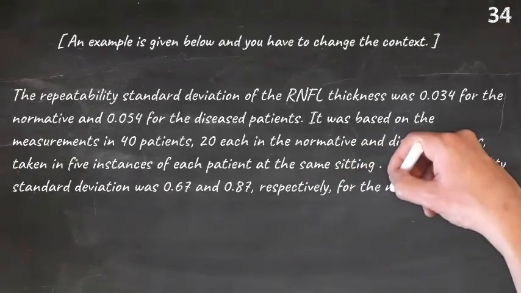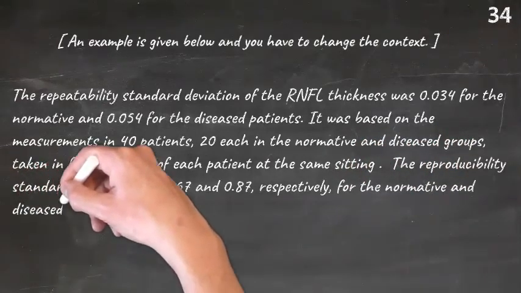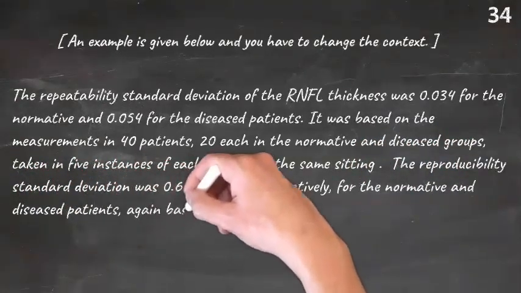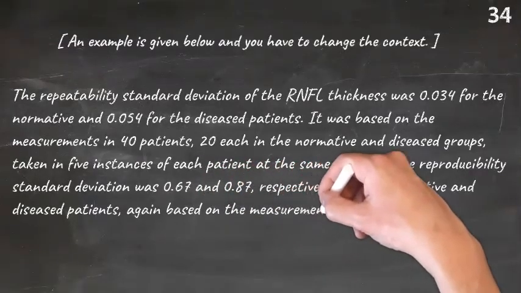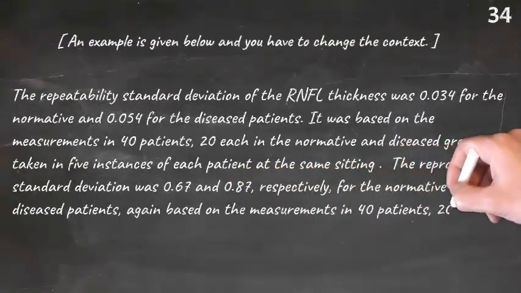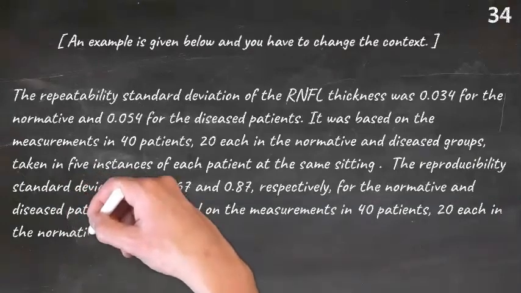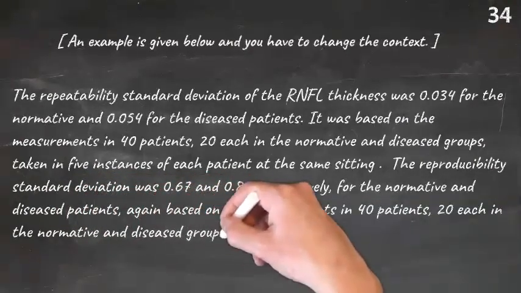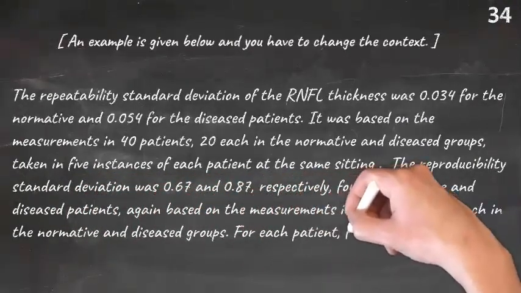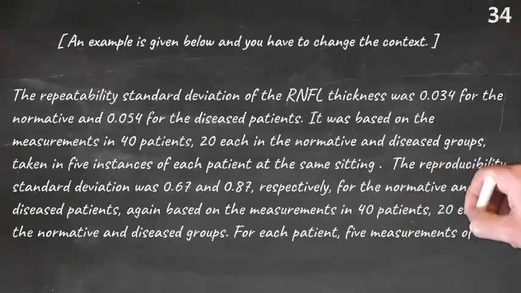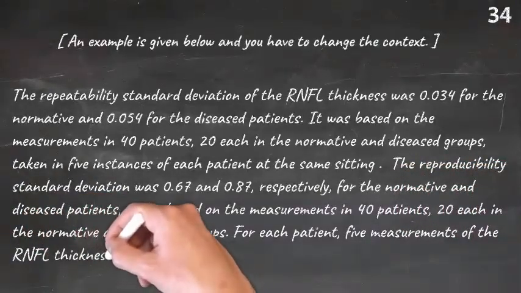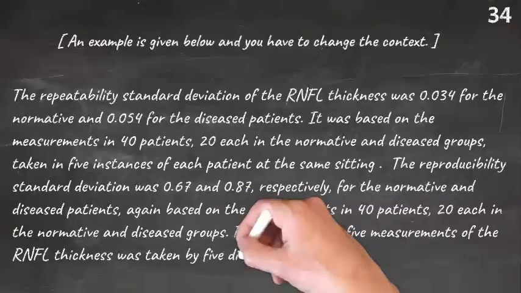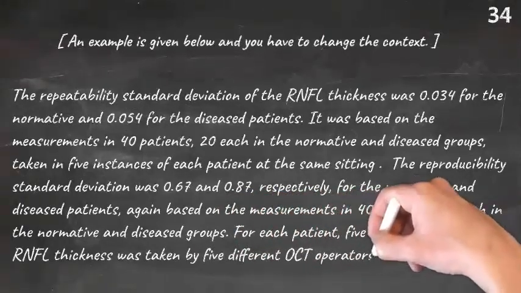Follow the same style for the reproducibility standard deviation. The reproducibility standard deviation was 0.67 and 0.87, respectively, for the normative and diseased patients, based on the measurements in 40 patients, 20 each in the normative and diseased groups. For each patient, 5 measurements of the RNFL thickness were taken by 5 different optometrists,